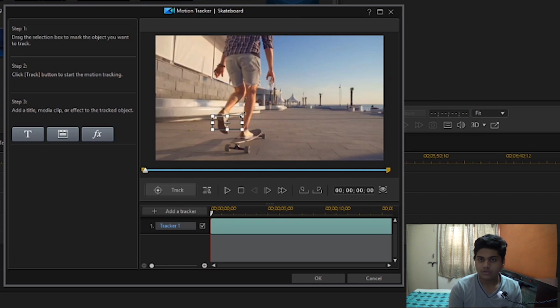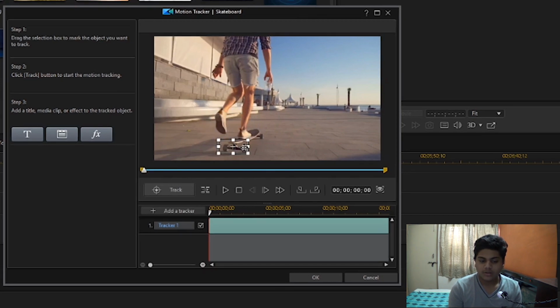I said I want to blur the back of the skateboard, so just place the box where you want to blur. I just dragged it there. But it is not over yet. You can't just add blur there, because PowerDirector still doesn't know where that object travels.